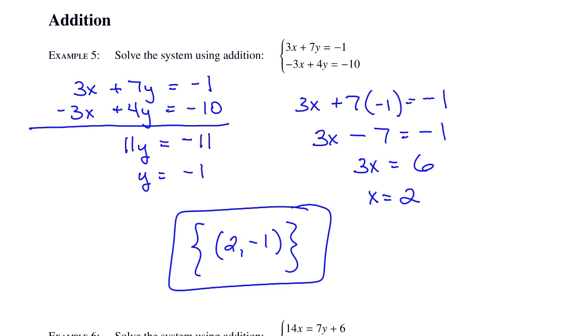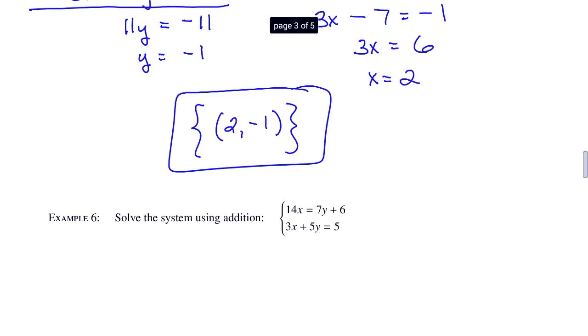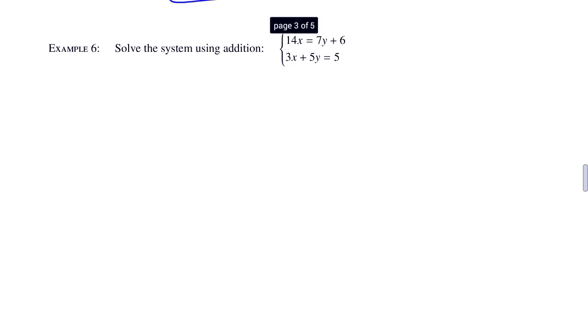Okay, let's look at example 6. Solve the system using addition. So first I'm going to rewrite this. I have to move the y's to the left side, when they come over as a negative. And then line everything up, so x's and y's